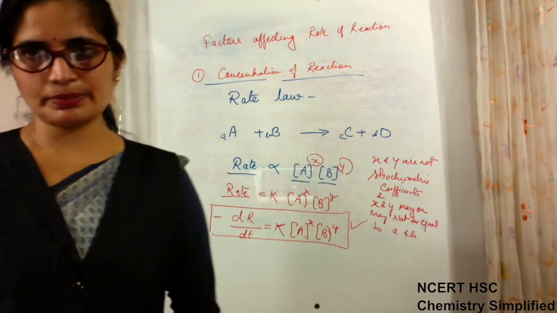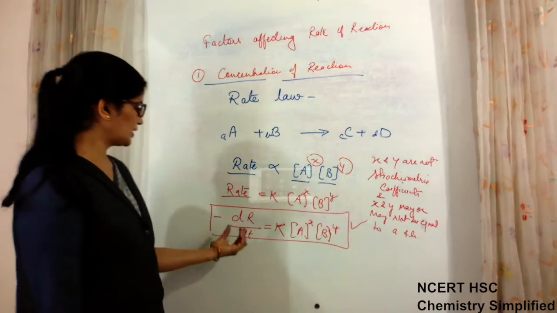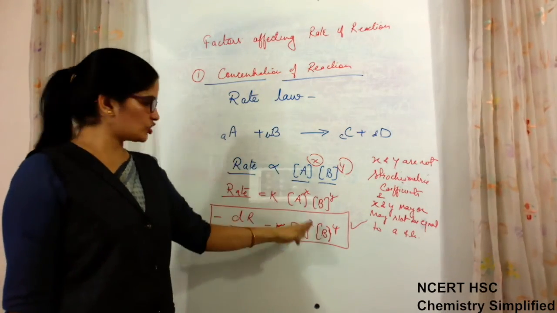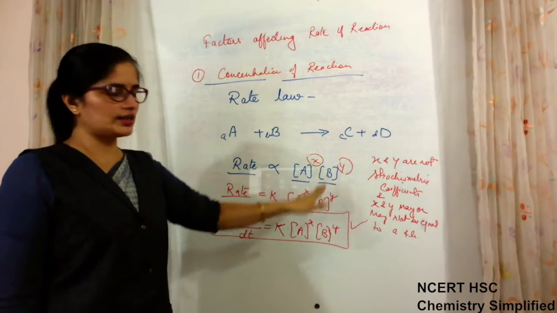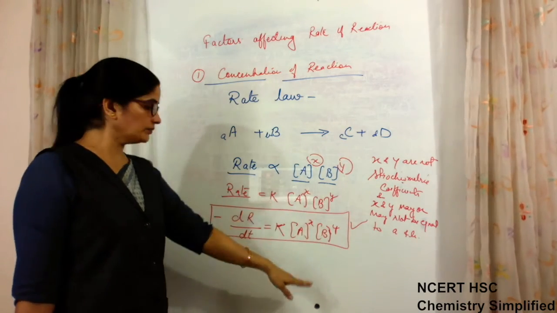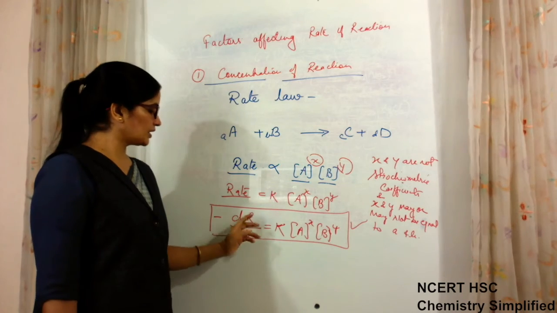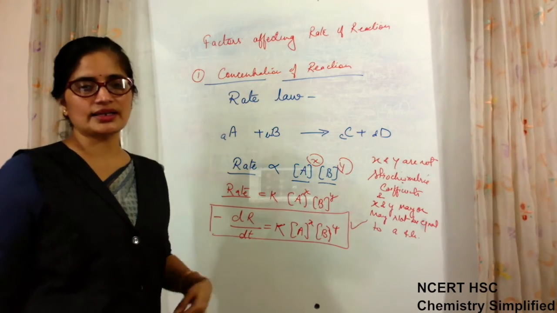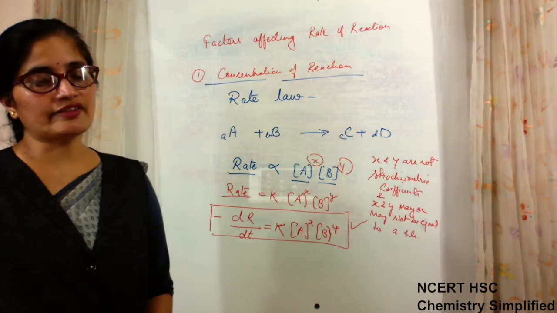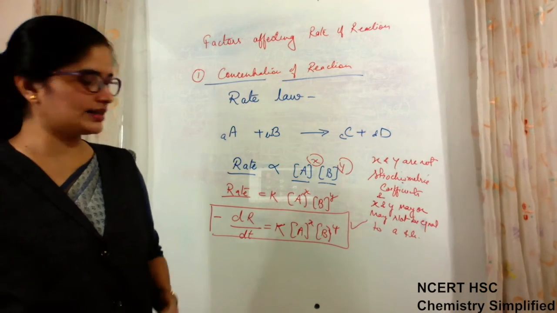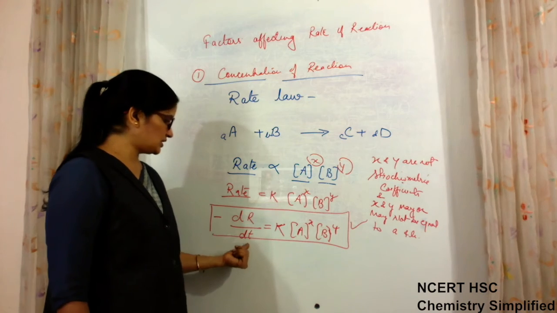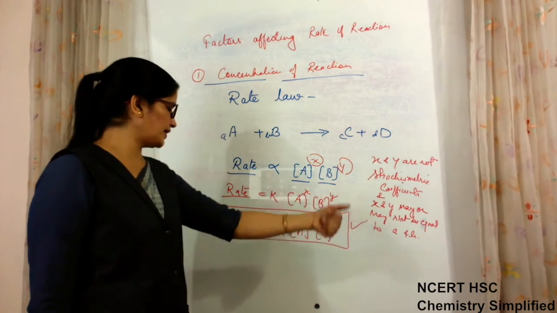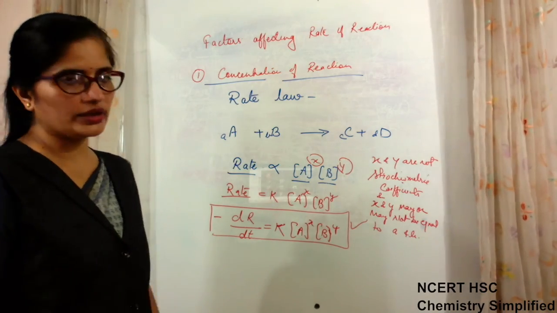When rate is expressed in terms of concentration of all the available reactants, if two are here, so we have written two, and if more than two are there, then we will write all three here. Okay, so expressing the rate, that is instantaneous rate, that is why dr upon dt. Instantaneous rate is dr upon dt and average rate is delta r upon delta t. So dr upon dt equals K, concentration of A, B raised to power x and y.